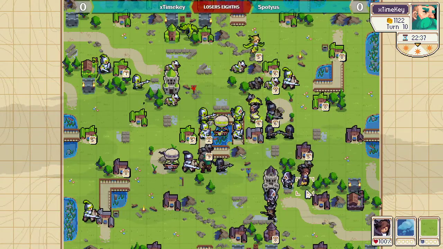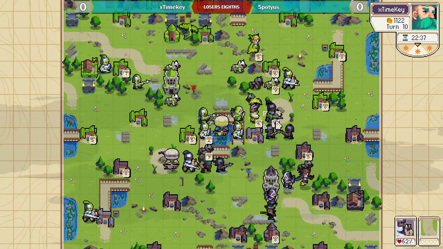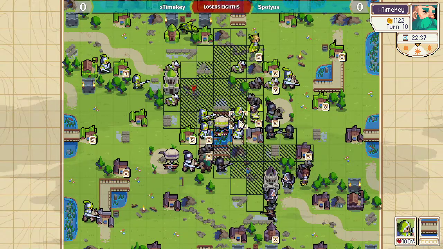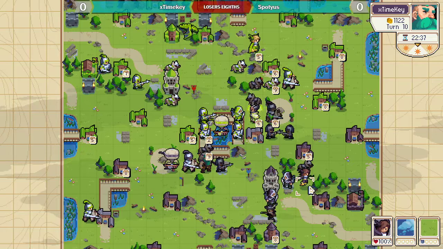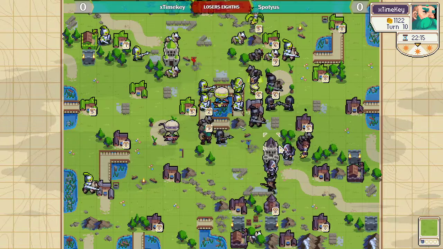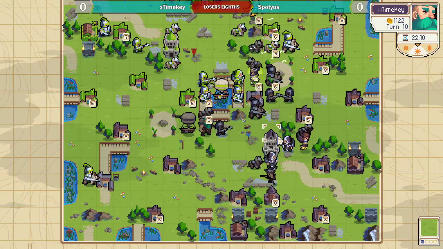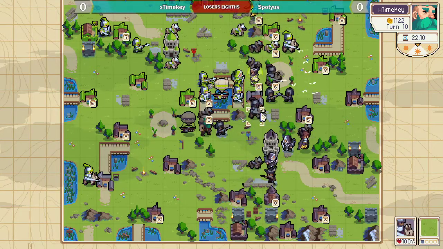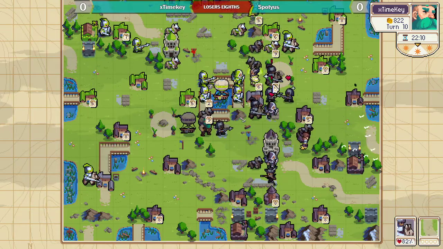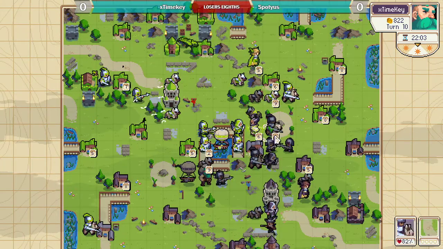He needs to be a little careful with this harpy. Don't want to let it get killed by a mage. Knight comes forward. Harpy could safely stand here. It's going to be incredibly difficult to kill this knight. Heals this knight. Really doesn't want to let it die. This is actually going to have to be...